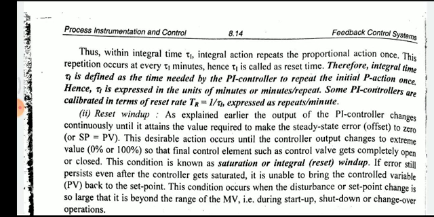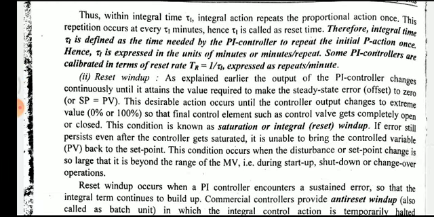Within the integral time tau 1, integral actions repeat the proportional actions once. That means the proportional action is done once, then this repetition occurs every tau minutes, for the fixed time, repeated every tau 1. Here tau 1 is called the reset time: one control signal is applied, then after tau 1 time it is reset and the signal is sent again to